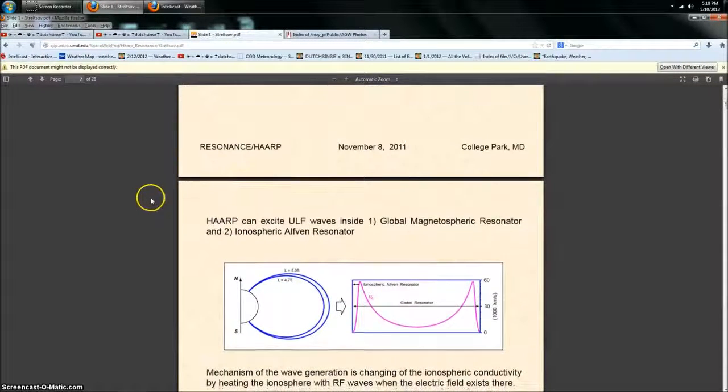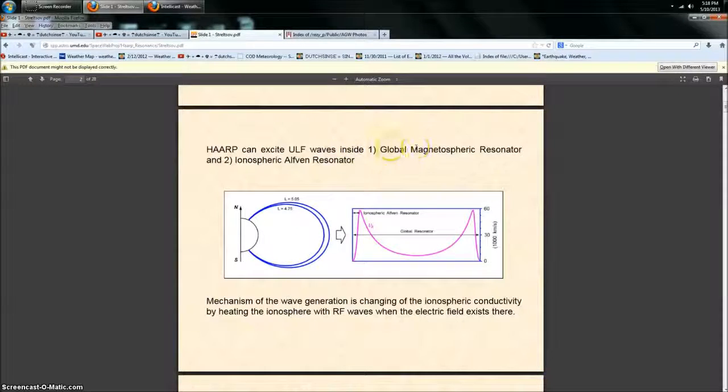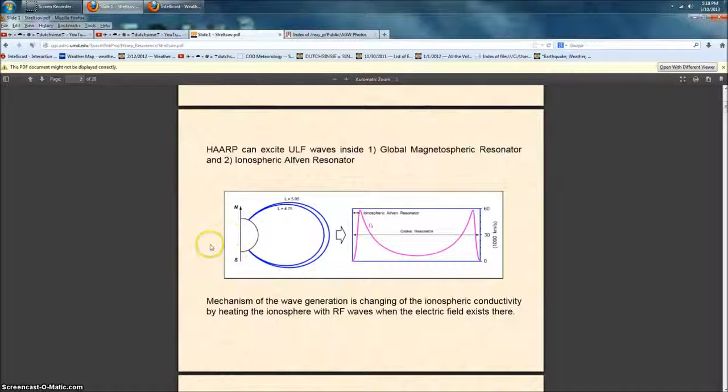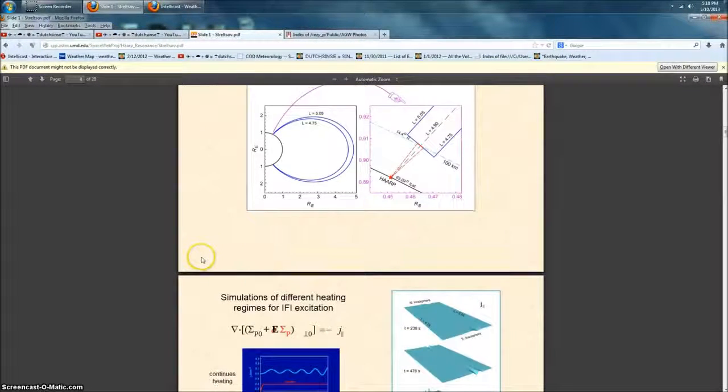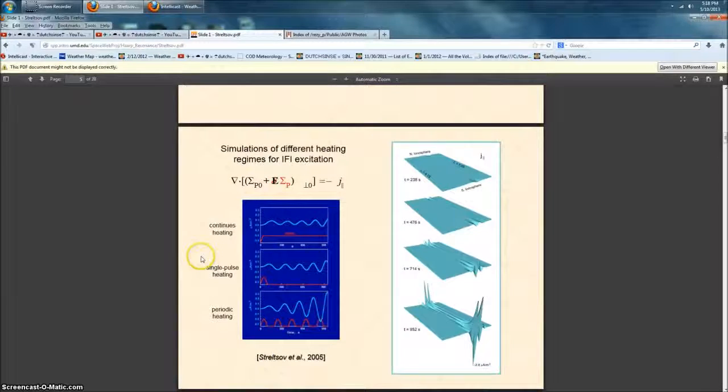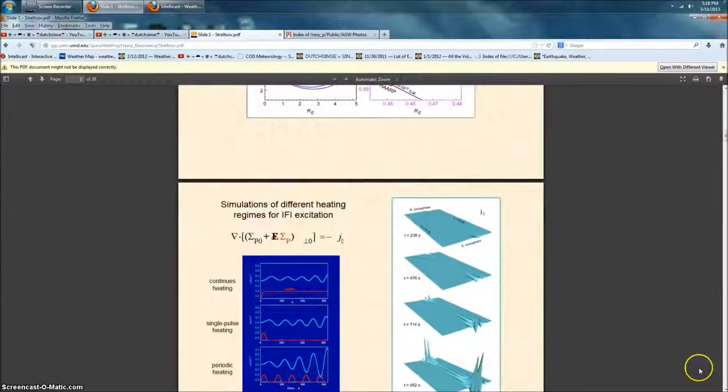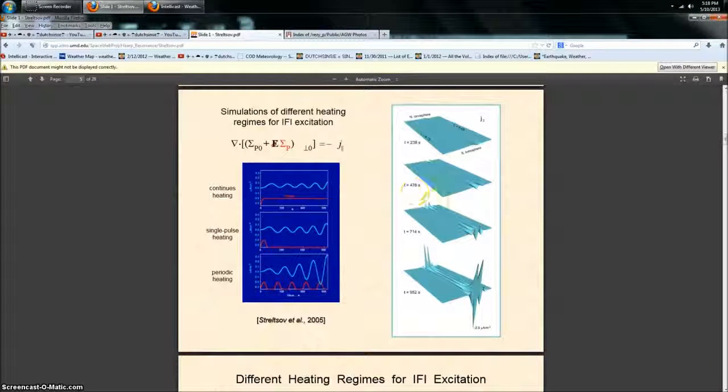I'll just wait for it to open. All right, and here we go. Global magnetospheric resonators. And there's your global resonator, your global wave. So we're talking about vast distances covered by VLF, by the way. And here's the 3D ripple effect that's caused by the global resonance wave. Look at that. What does it look like? It looks just like what the sky looks like when you start seeing these clouds that are generated via man-made